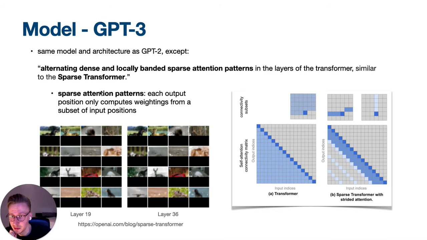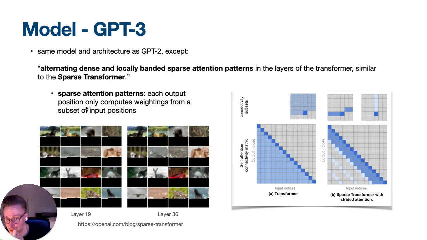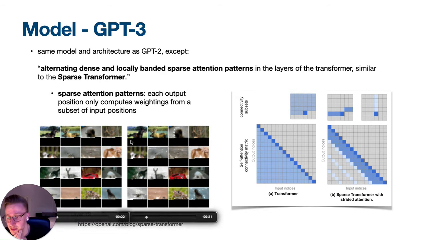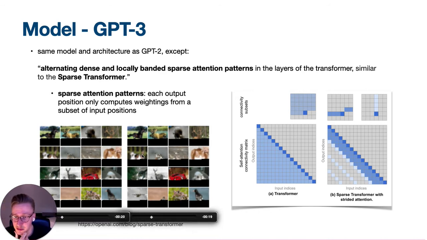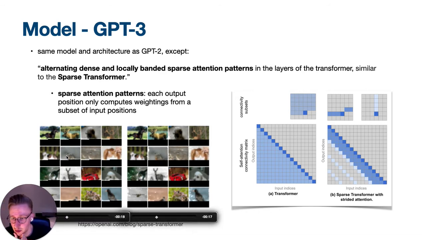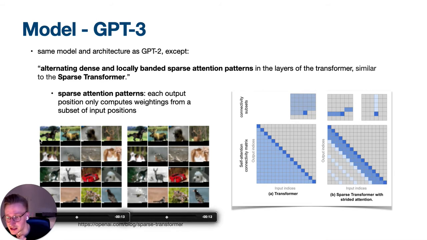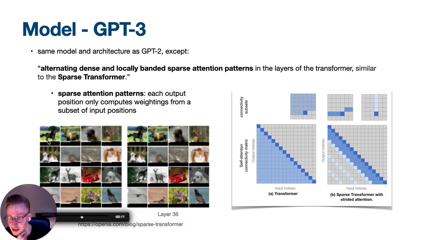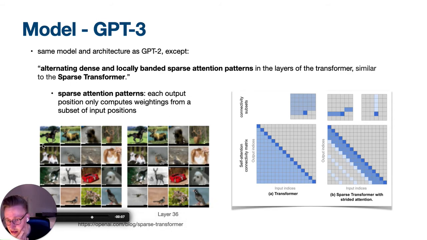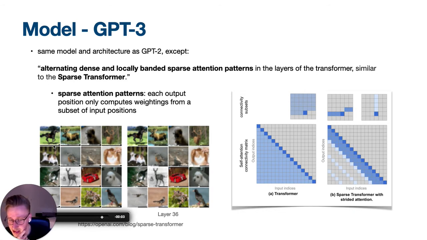And why is that even possible? Why don't you need all the positions? So this is possible because some attention layers show some structured sparsity patterns. And this can be best visualized in a transformer for image data, basically, as you can see here. And we can see the pixels on the screen highlighted in red here. Those are the focus of the attention heads when predicting the next value, basically.